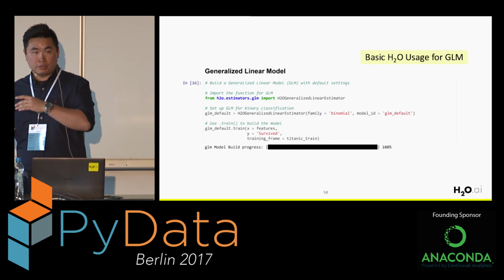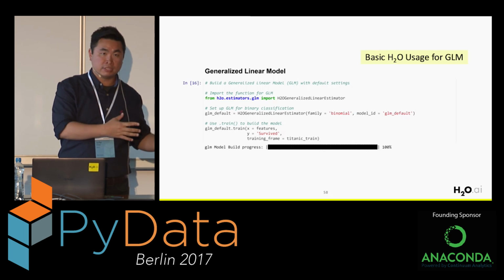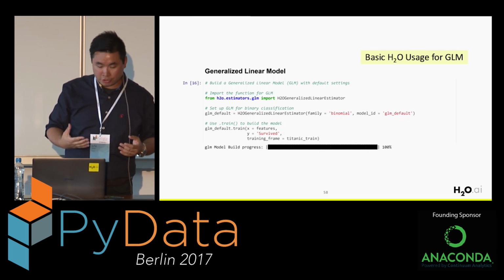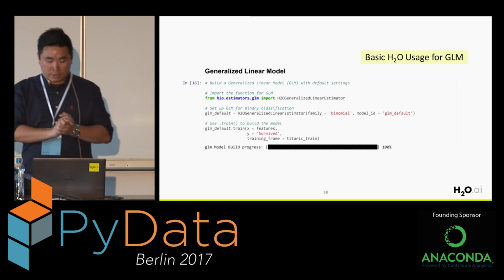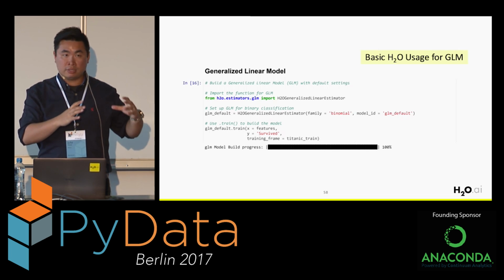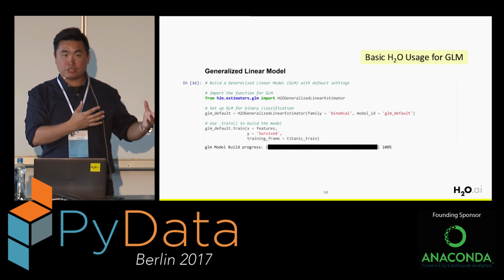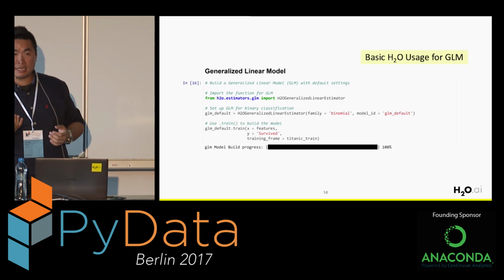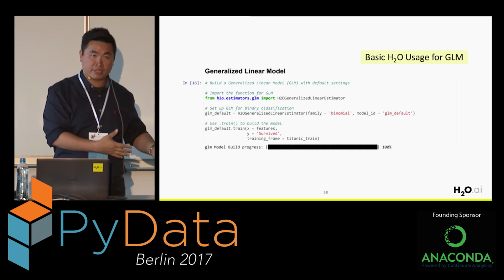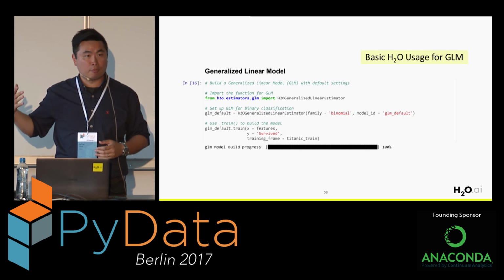So we move on to the first algorithm again, GLM. This time, remember, it's not for regression. This time it's for binary classification. So you see that once you import the model, I accept the model in the family as a binomial. This is like a binary classification family of distributions, so we have to define that. So H2O understands that I'm now doing binary classification instead of regression. But then the rest is almost identical.